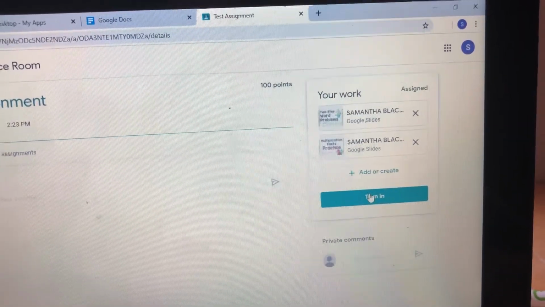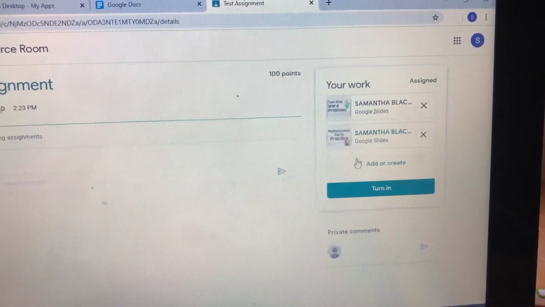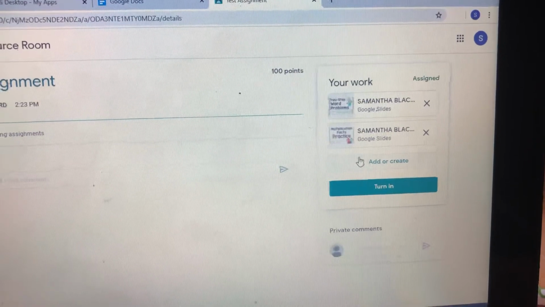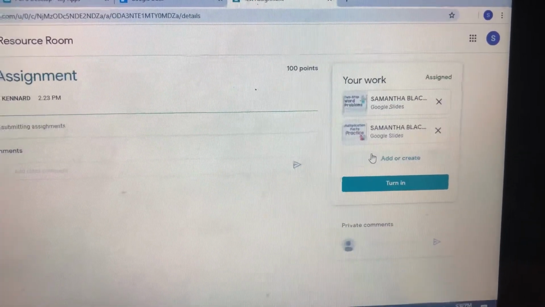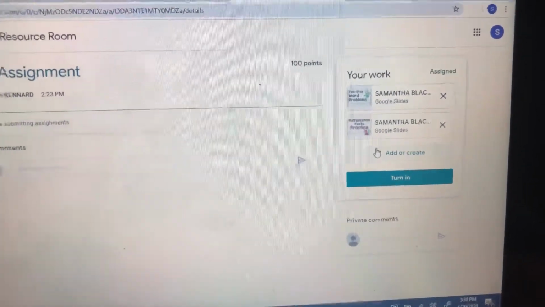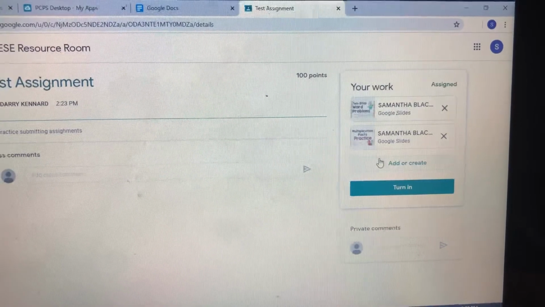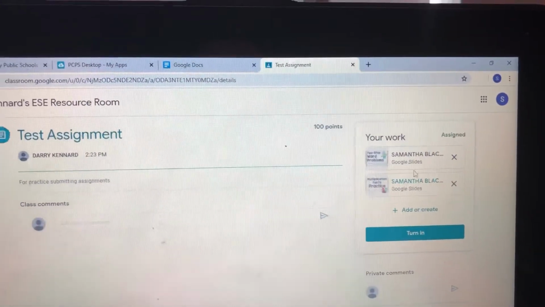If you hit turn in, it's going to ask you to turn in both of these assignments. So before you can turn work in, both assignments have to be 100% complete. But you're not able to work on the whole thing and get it done in one day. That's okay, because you can click on the assignment,